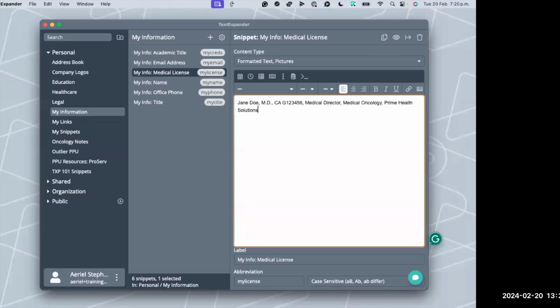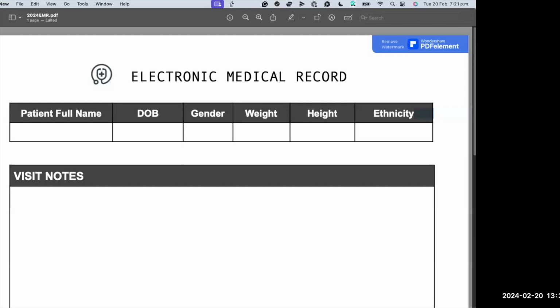Okay, so let's jump into what will be our main and meatiest example of today. I am essentially going to attempt to simulate how you might use TextExpander in an EMR. I'm going to cover a lot of advanced features in one example. So I'll try to stop along the way, try not to go too fast, but definitely write in the chat and stop me if you have any questions. Again, I don't have access to an EMR. I wish I did. So I just have a PDF that I've created. Let me pull that up here.